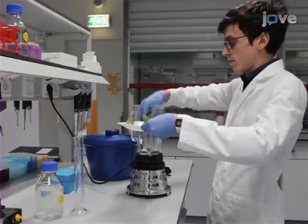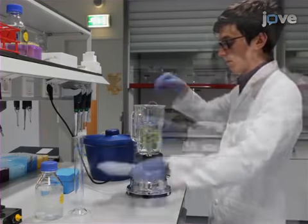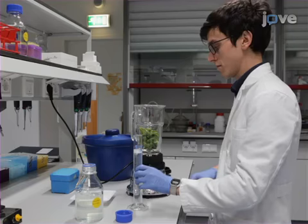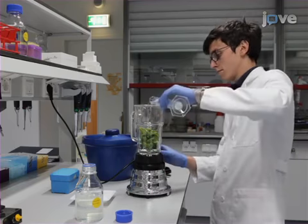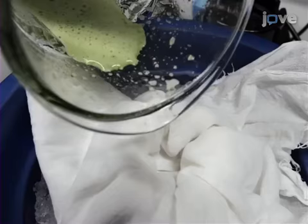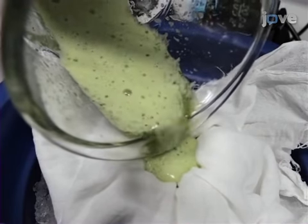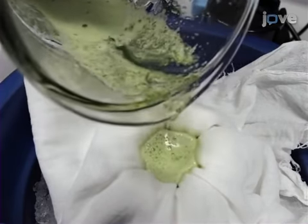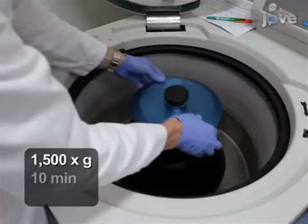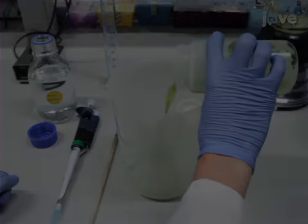To begin the procedure for extracting total pigment from spinach leaves, use a blender to homogenize a handful of spinach leaves, approximately 20 grams, in 100 milliliters of cold grinding buffer for 20 seconds. Filter the solution through 2 layers of nylon cloth with a pore diameter of 20 micrometers and centrifuge the filtrate at 1,500 Gs for 10 minutes at 4 degrees Celsius. Remove the supernatant and add